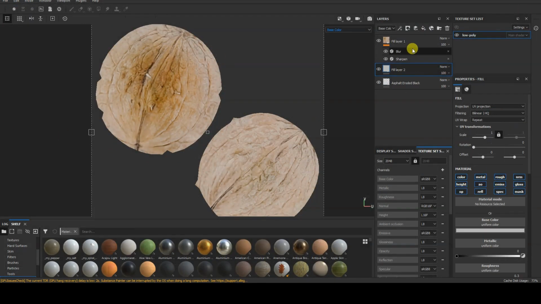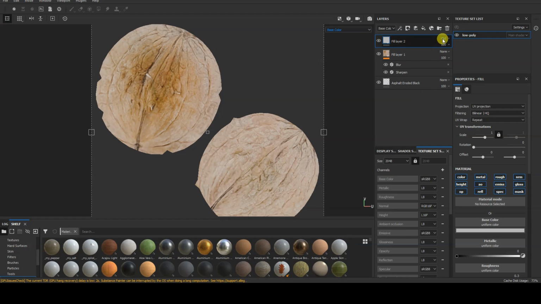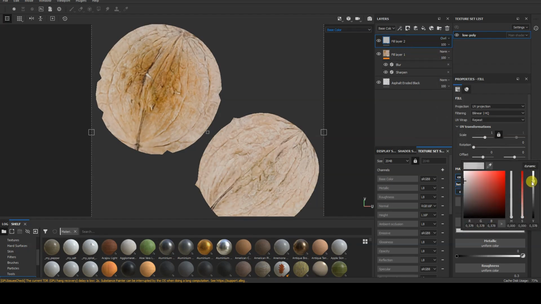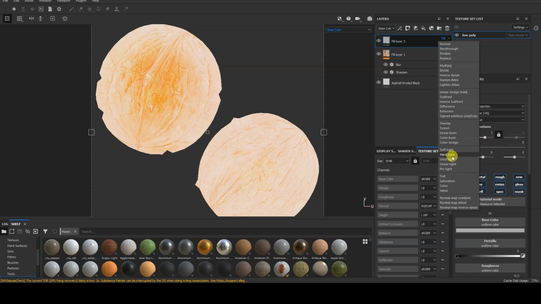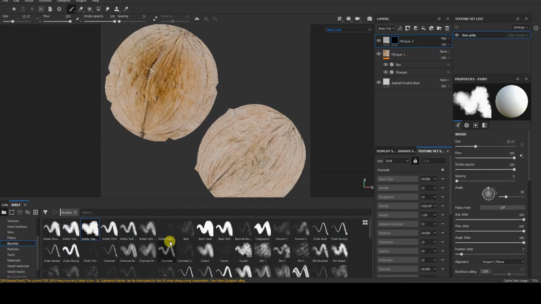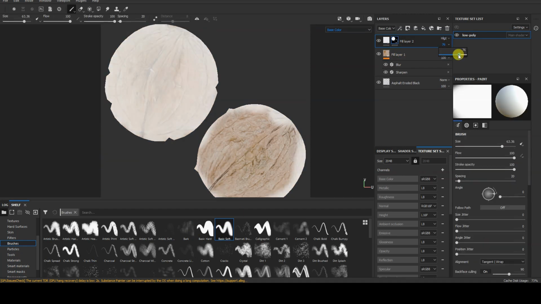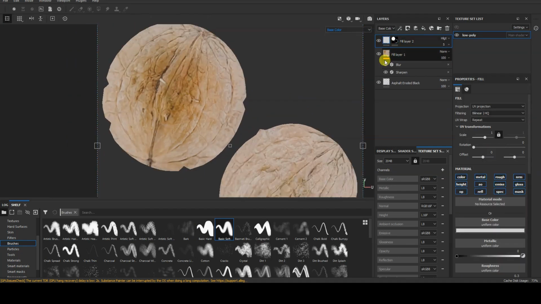One method to lighten or darken specific areas is to add a fill layer for the base color channel only, assigning it a uniform color and using a blending mode such as hard light, overlay, value, or others. You will then need to apply a black layer mask to this fill layer and start painting on the mask to define the areas where the fill layer should be applied. After the first brush strokes, you can adjust the color or the intensity of the fill layer application until you achieve the desired result.